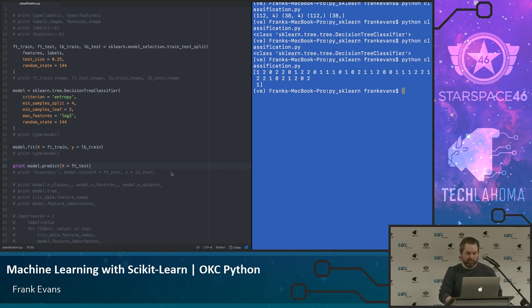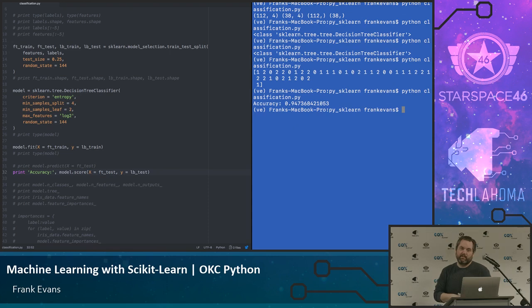It's making its assumptions, but what I really want to see is this test data. I want to run that test. How close to correct did it get? So instead of just asking for the predictions itself, I'm going to pass it in and say I want you to score: here are the features of the test, make the predictions, it's going to call predict underneath the hood, and then compare that against the test labels and see how often I got it correct. In this case, I got it correct 94.7% of the time. It's not too bad, all things considered. That'll get you an A.